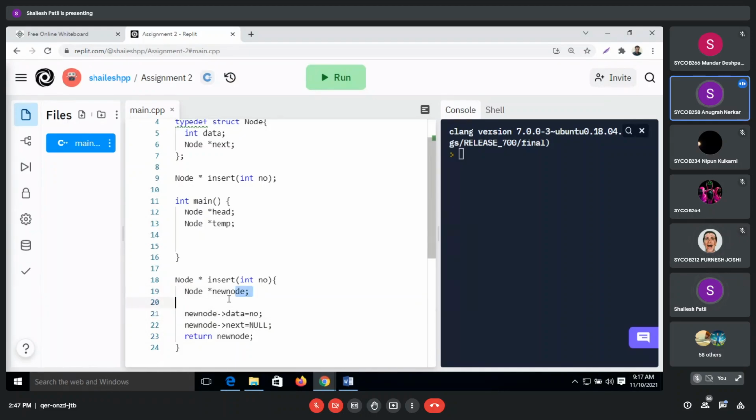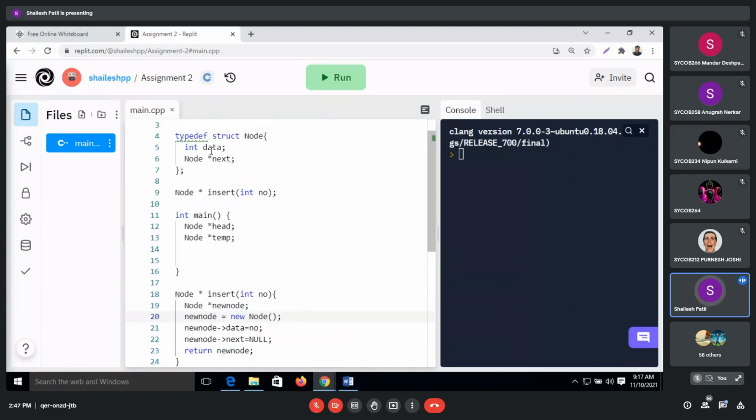Yes, sir. But in C++, if you have created a pointer, we are not able to directly store a value to it. We have to allocate space to it. We have just touched the topic of dynamic memory allocation. So here, new_node is equal to new node. The new keyword allocates the memory of the node, the total memory it needs, and only then are we able to create it.